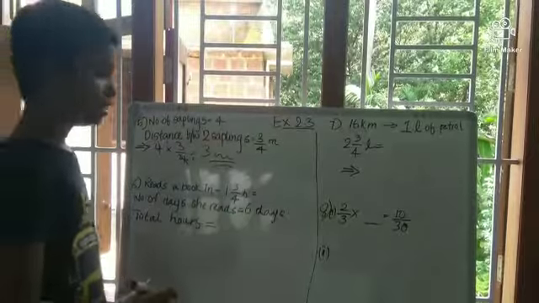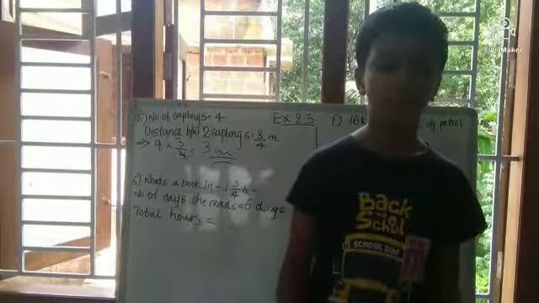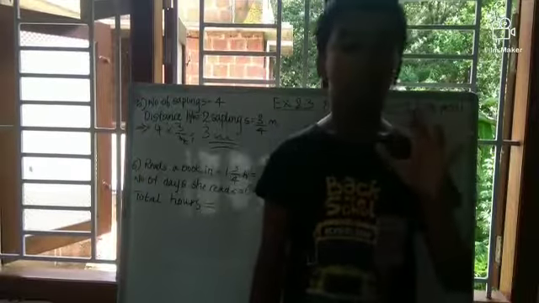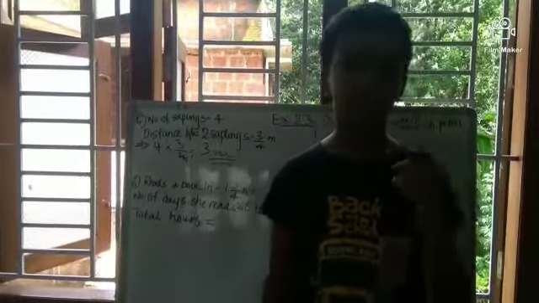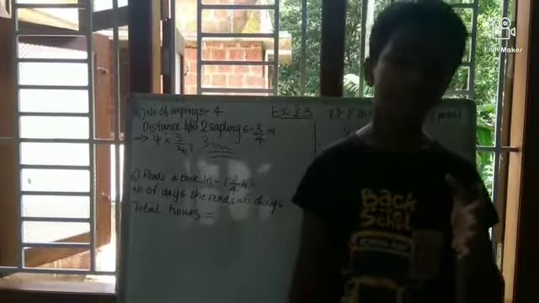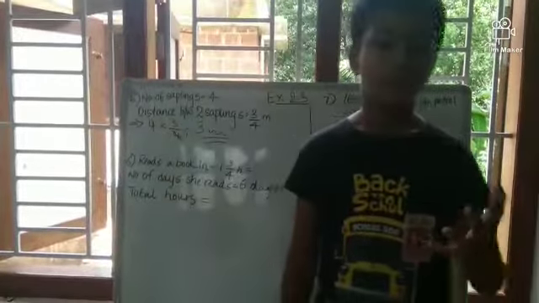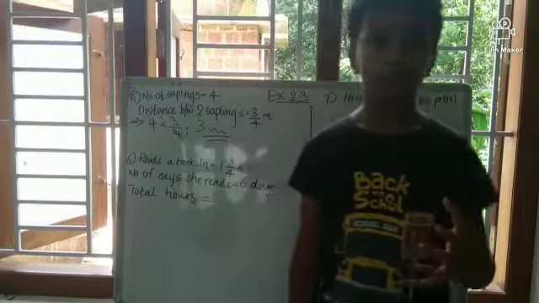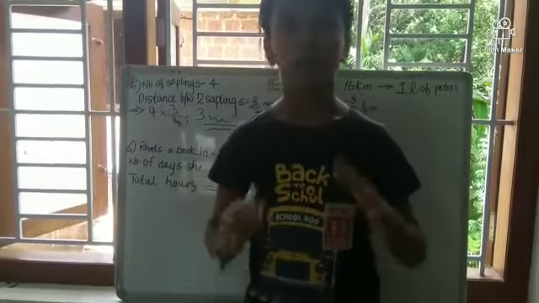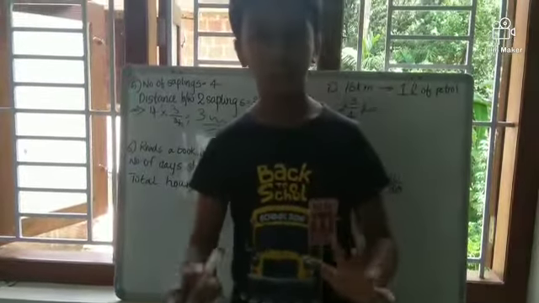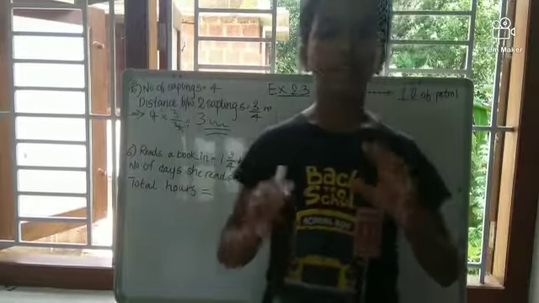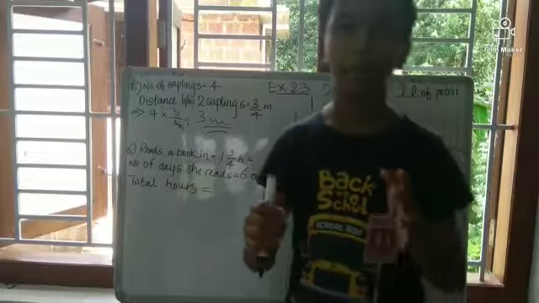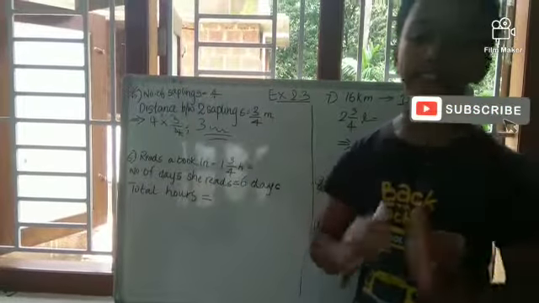Okay. The next one is also a story problem. Lipika reads a book for 1 3/4 hours every day. She reads the entire book in 6 days. How many hours did she require to read the book? So we have to find how many hours were taken by Lipika to finish the book. It says that she finished the book in 6 days, so we have to find it by multiplying 1 3/4 and 6.